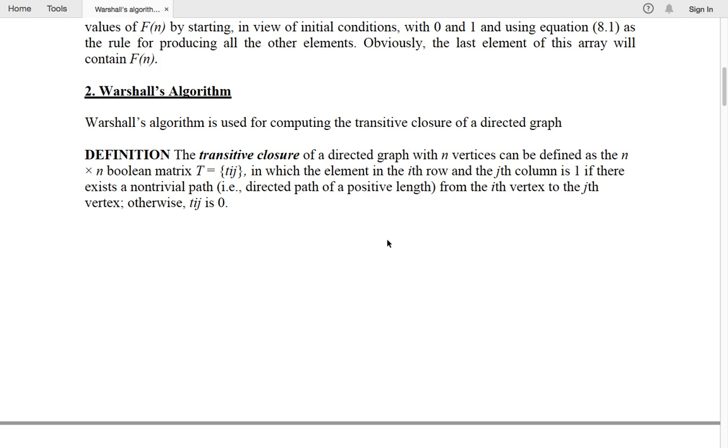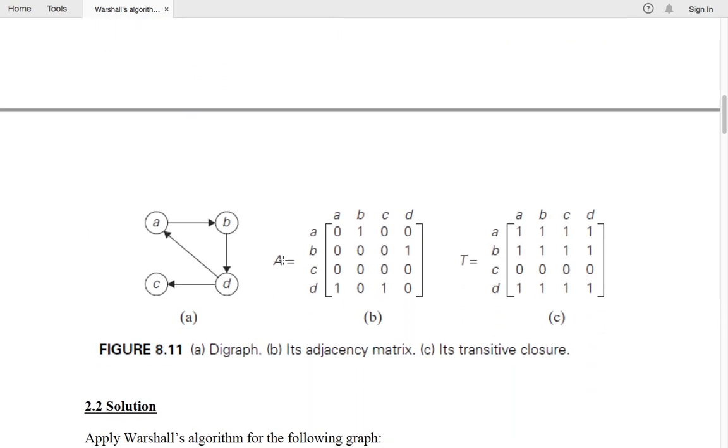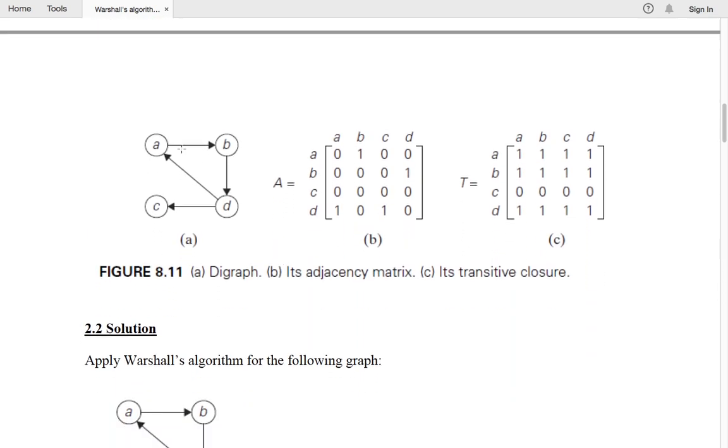If there is a path from vertex i to j, you will mention it as 1. If there is no path, then it becomes 0. Let's look at what this is with an example. Now consider this example of a directed graph. So A to B there is a path. So this is your adjacency matrix. Straight away A to B there is an edge, B to D there is an edge, C has no edges, D to A and D to C there are edges.